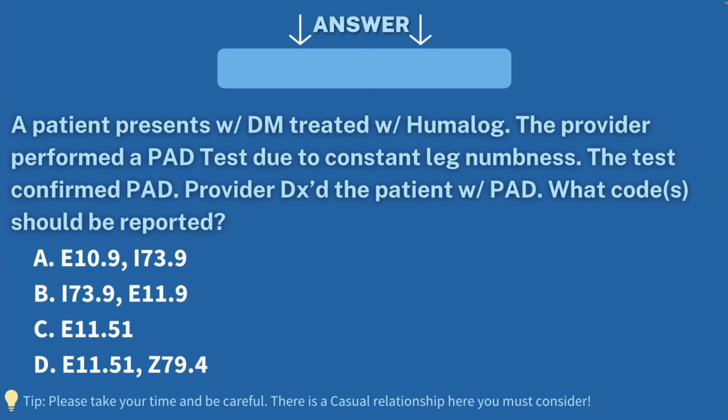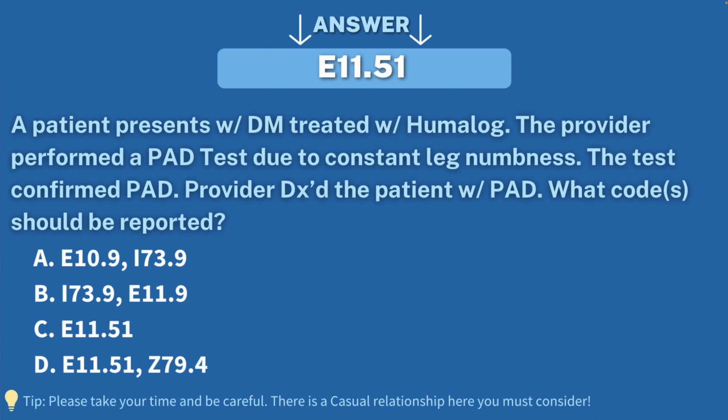To further explain this, if the provider would have stated that the patient has DM and that is not associated with PAD, then you will be coding E119 and I739 separately. The provider did not say that the conditions are unrelated. So that's how we can assume a causal relationship between both of these conditions. The patient has DM, and as a result of the DM, there is a manifestation of PAD. So that means we can code those conditions using a combo code, and that will be